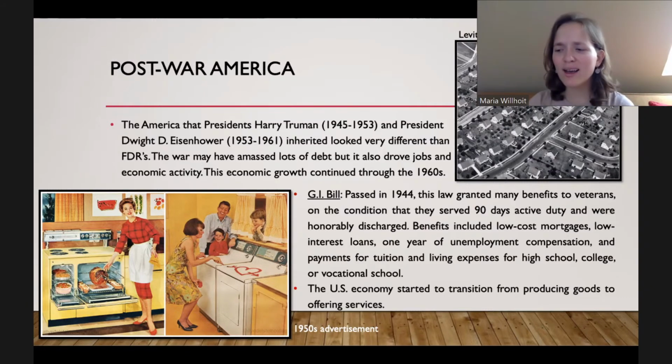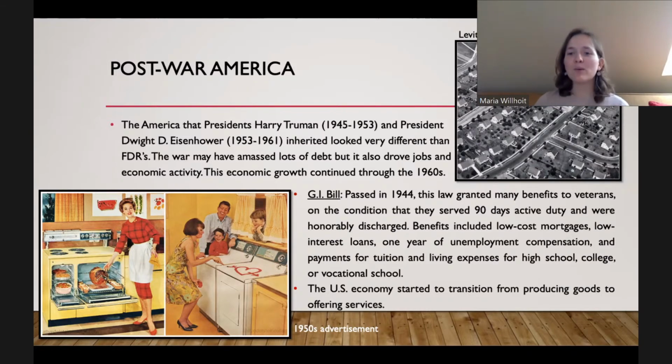I think it stands for General Machines, and it later came to refer to soldiers from the war, like GI Joe. He's a famous toy in America, and it has a reference to soldiers from the war. So it's the GI Bill. It was passed in 1944. This was also under Roosevelt.